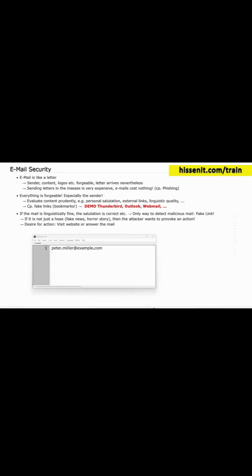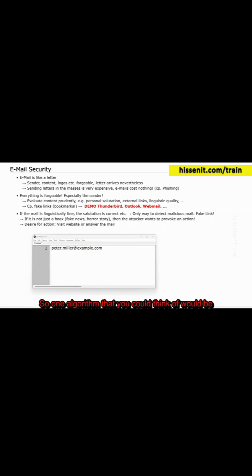So in many cases when you receive a phishing email, you immediately recognize it. Maybe because of the linguistic, because there's some wrong spelling, or it was auto-translated, or your name isn't in it, etc. But like the ideal banking Trojan, let's think about the perfect phishing mail. So all the linguistic is fine. The attacker has found out your name or guessed your name correctly. Let's say your email address has been gained by some hacking of your friends or of some online shop. And your mail address is